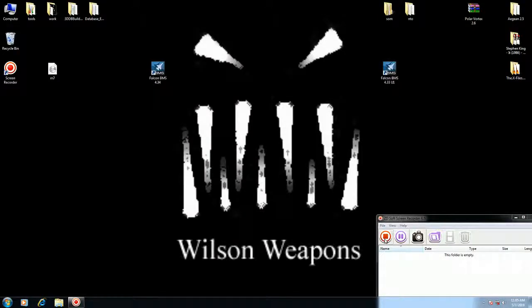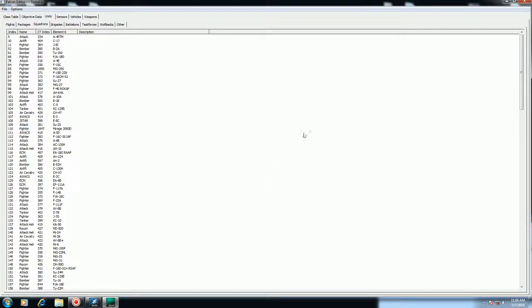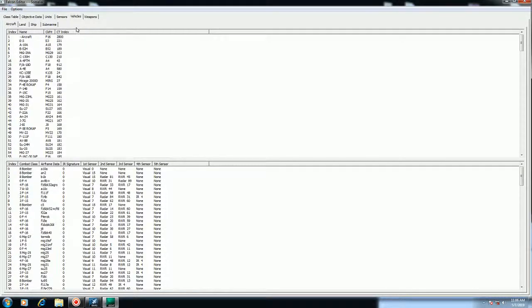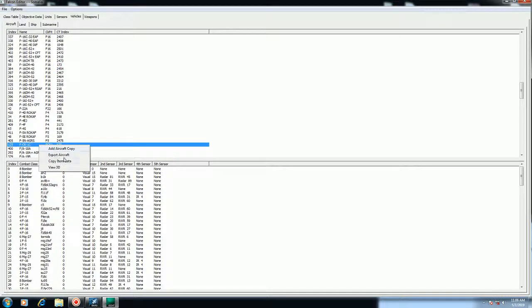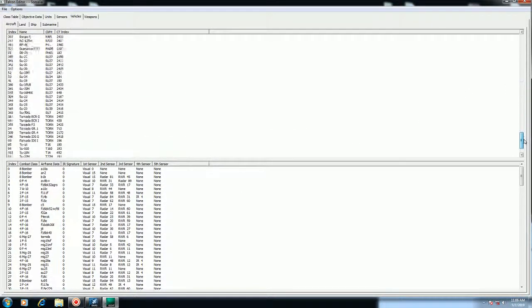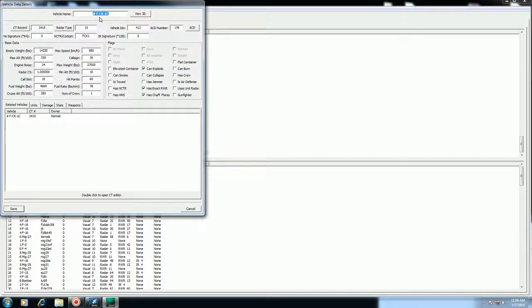We're going to move the F-35B from Polar Vortex 4.33 to Somalia 4.34, and the first thing I would do for that is get in a copied jet in the editor to turn into an F-35. It can be any jet really, but I'm going to do the FCK, add aircraft copy, yes, rename that copy to F-35B